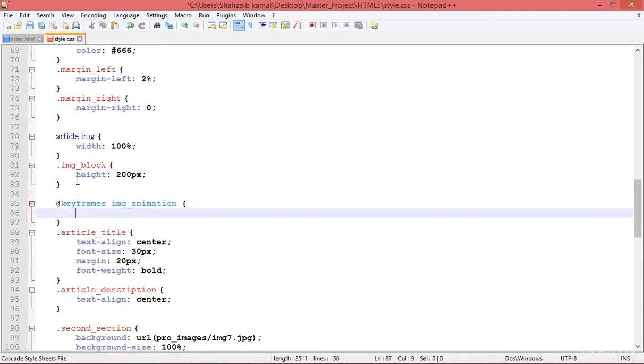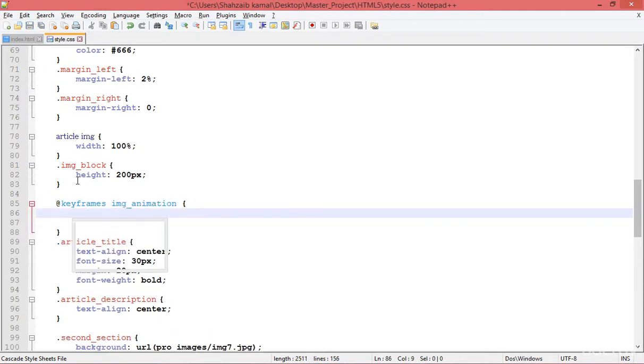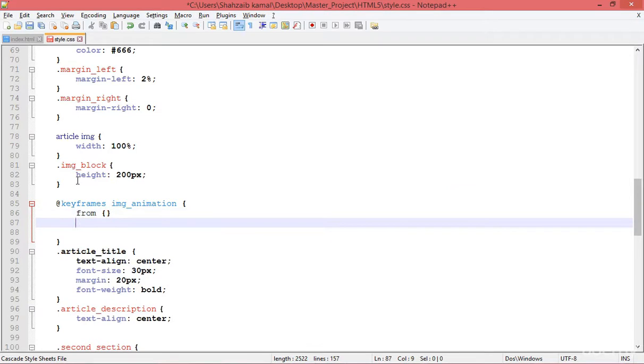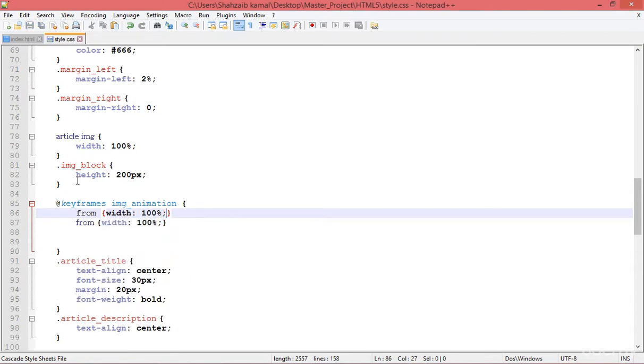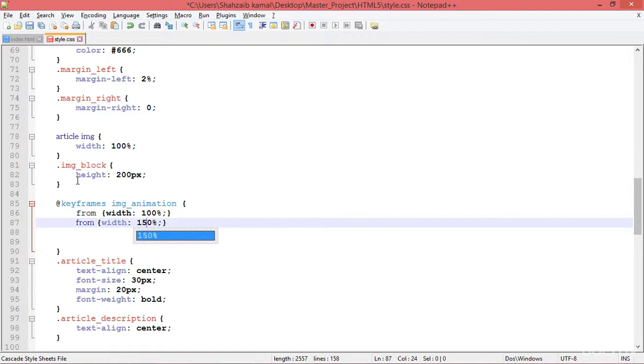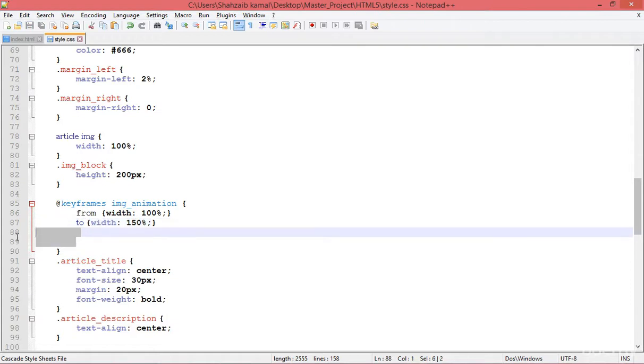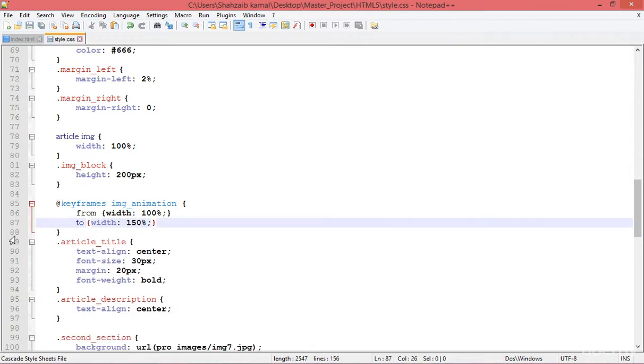I can type the complete word too, and there I'm adding some more things like the width, and in the width from and to, or I think first I should put the from, and I'm adding the width. I'm starting from 100% width and duplicating, and I want to increase it to around 150% at the ending. Now where I want to apply this image animation,